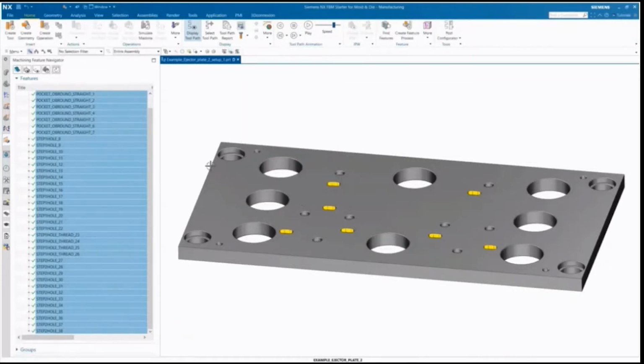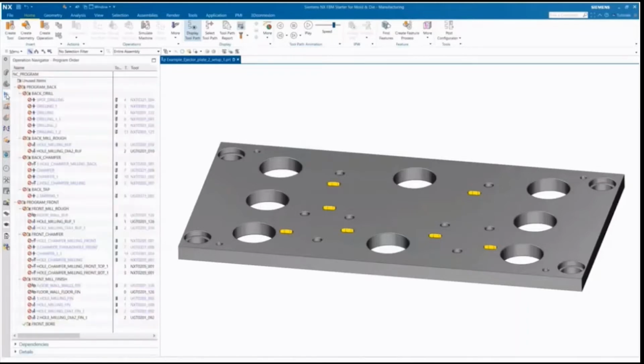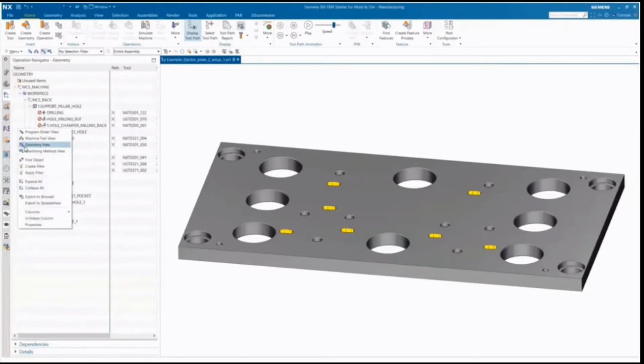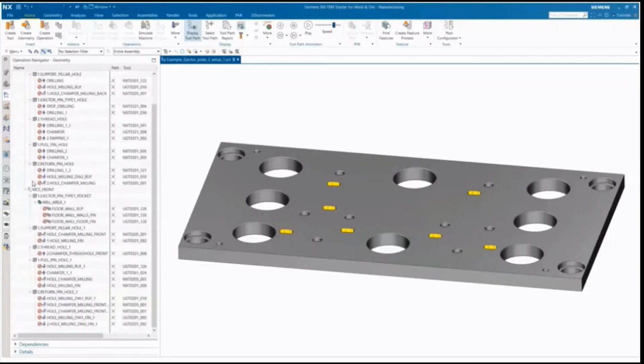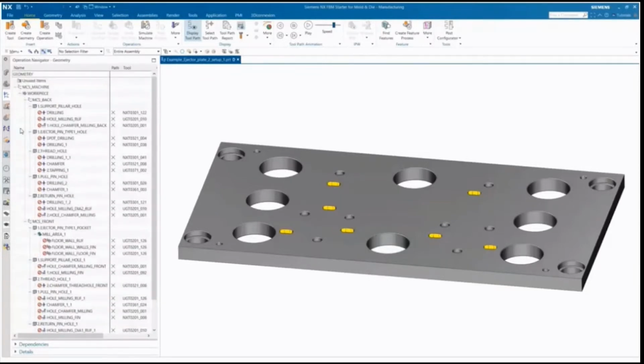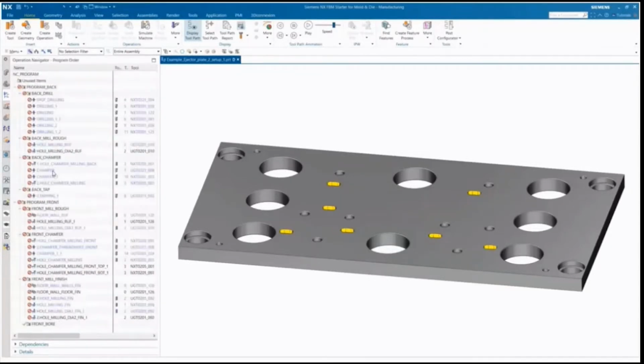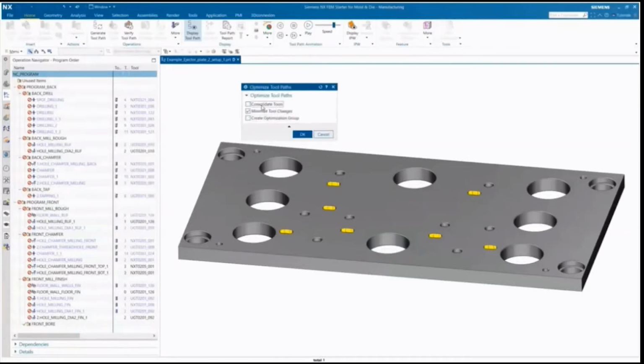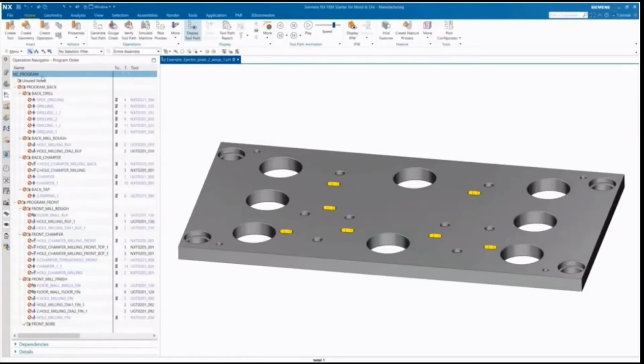Now, the next step we want to do is to make sure that our cutter tool sequence or cutter tool usage is optimal. So we go and optimize and minimize tool changes, and then we can simply just generate. And again, here I'm not cheating. We're just using real time, and then it's generating operations from the back and from the front.